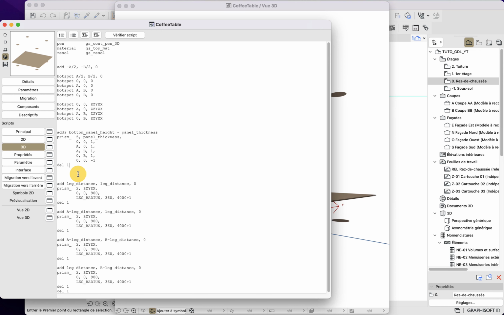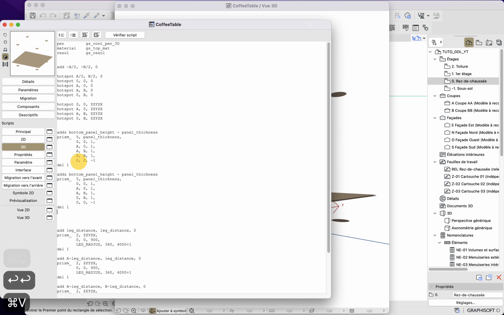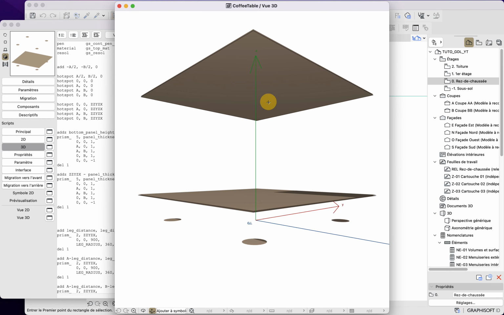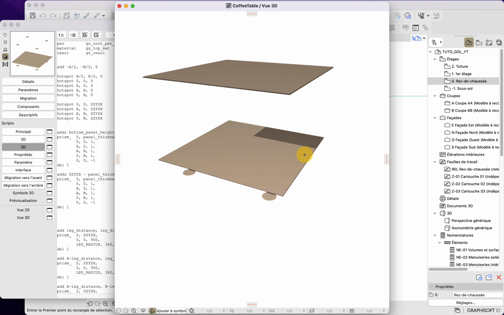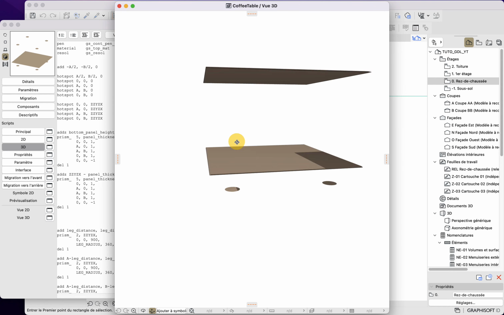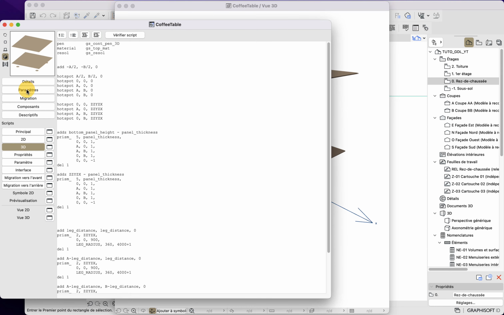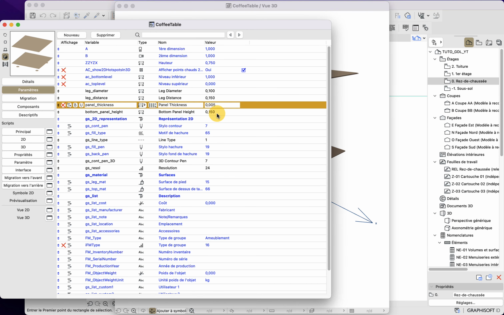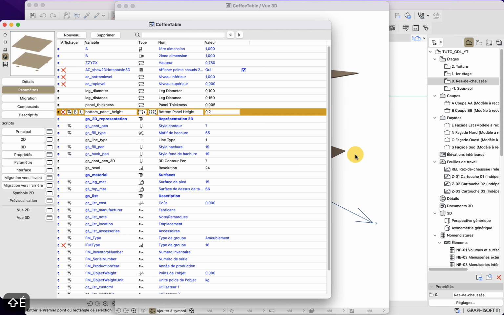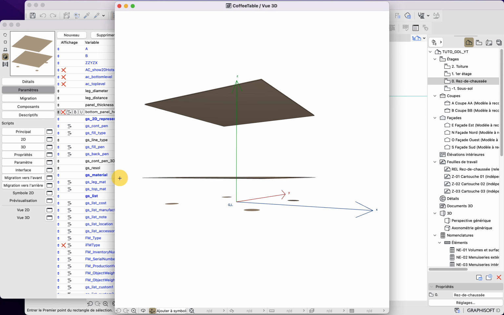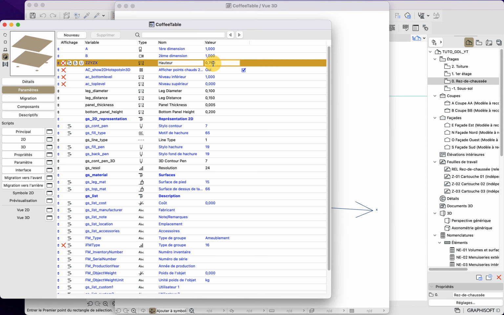We also need a second one because we have 2 panels. So here I will copy paste this. And instead of bottom panel height, I will use size X. Like this. Now, how does it look? All good. We can now see that we have our 2 panels here. So this is working correctly. Let us just check if I change here the bottom panel height value. Let me put it at 2. It moves upwards. Let me change the size X value.